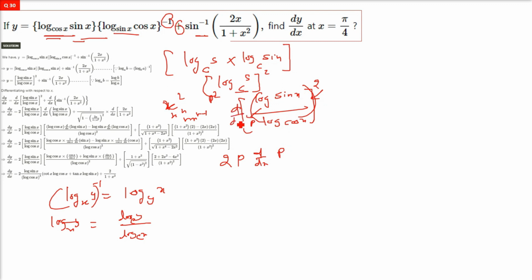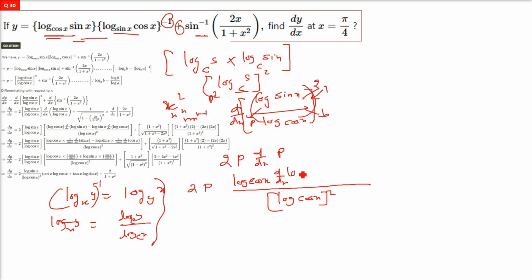So the differentiation of this is to be done using the quotient rule. It is a by b. A is log sin x, b is log cos x. If we assume it to be some p, which is actually a by b, we have to do it by the quotient rule. P is all of this. So I am going to differentiate it and then I am going to write it. So what is in the denominator? Log cos x whole square. This is your denominator. Log cos x will come here, and then differentiation of